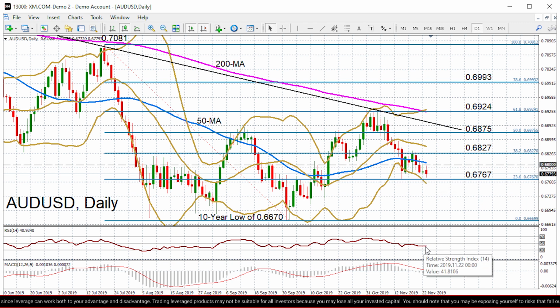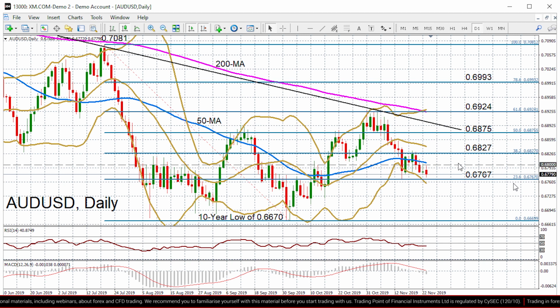And finally for today, looking at the Aussie dollar, it's fairly neutral, and in the short term RSI has flatlined below the 50 neutral level. The MACD though has crossed into negative territory, so the risks are somewhat tilted to the downside, and we can also get a confirmation of that picture from the Bollinger Bands. We can see they have started to widen, and prices have been following the lower Bollinger Band, and immediate support is coming from slightly above the lower Bollinger Band and at the 23.6%